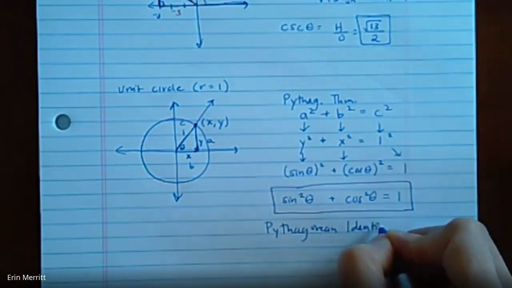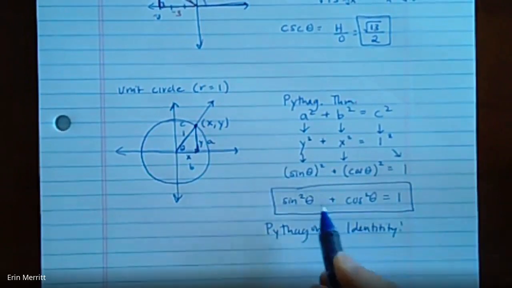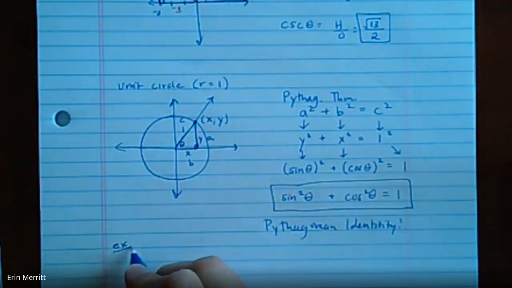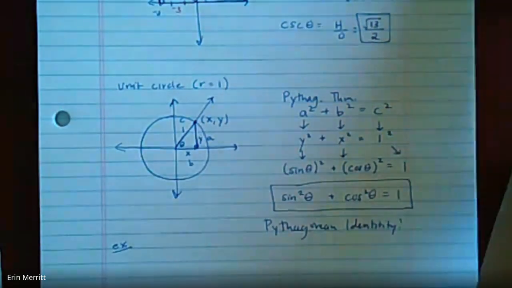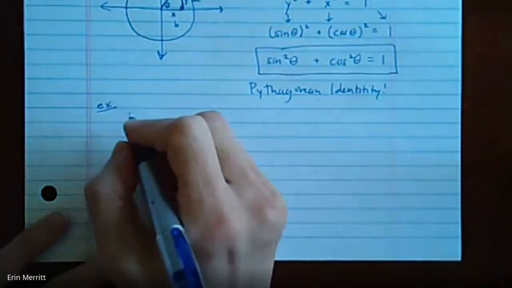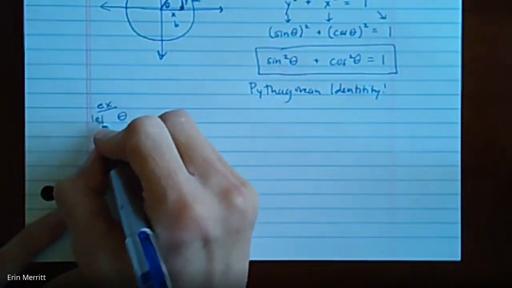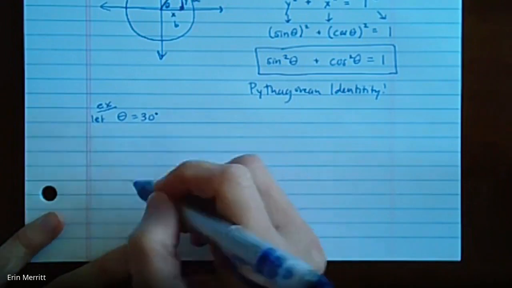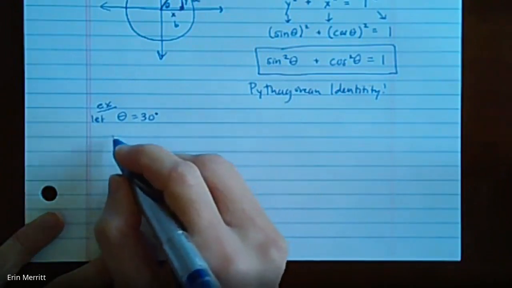And what that means is no matter what value of theta you plug in, it's always going to be true. All right? So as an example, to show how that works, I'm going to pick a pretty angle. I'm going to slide up so I have a little more space here. Let's let theta just be 30 degrees because it makes it a nice special right triangle, makes life easy. Right? So if I use 30 degrees,